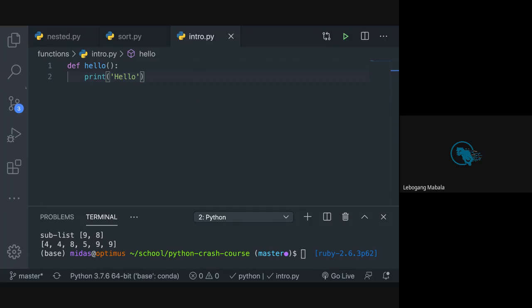Okay. So I was just introducing how we make our functions. When you create your own function, you use the keyword def, right? Which means define, or it represents the definition of the function. And then that's the name of your function. And then you have the parentheses, and then your colon, and then inside the body of your function, like